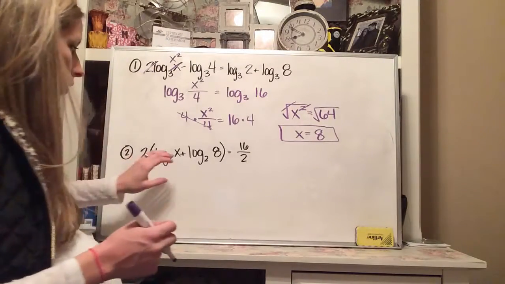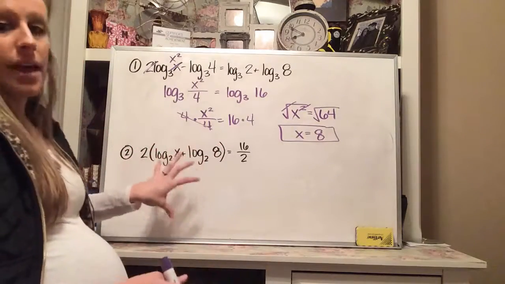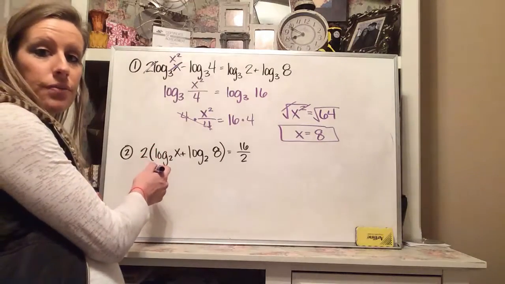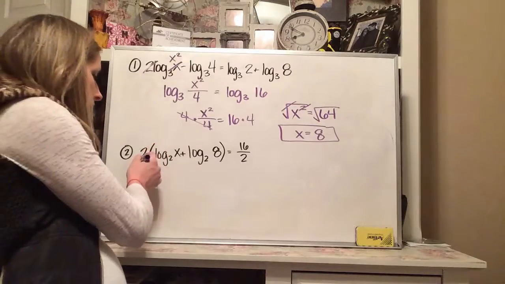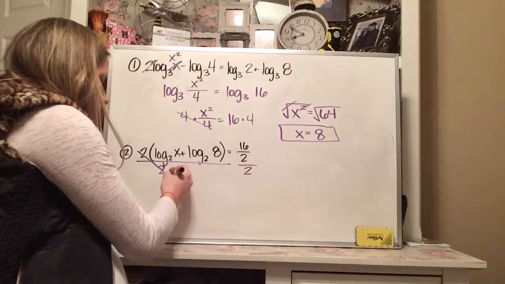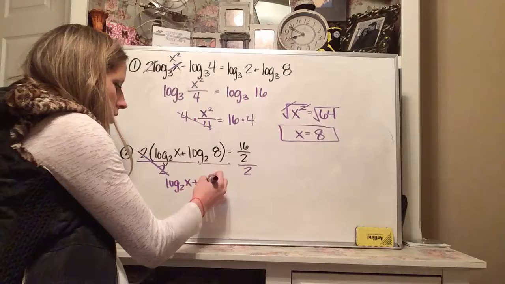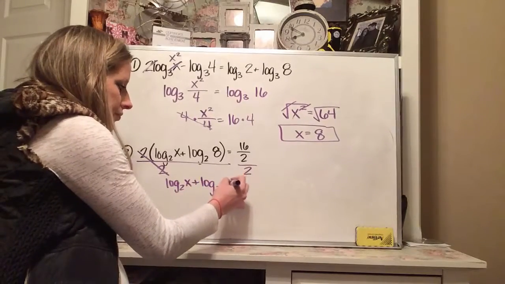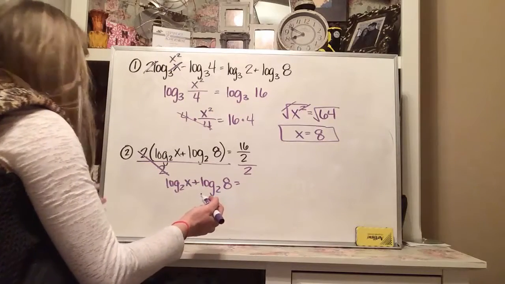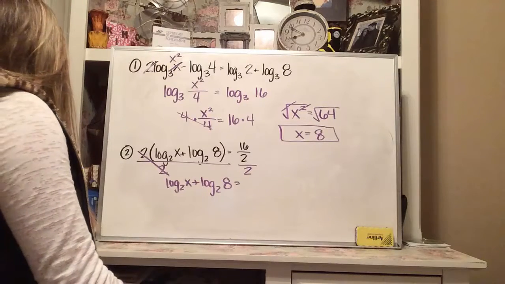Alright, so what we need to do is condense this left side. So first thing we need to do is get rid of this 2. The opposite of multiplying by 2 would be divide by 2. So we get log base 2 of x plus log base 2 of 8 equals 16 over 2 divided by 2. That gives you,